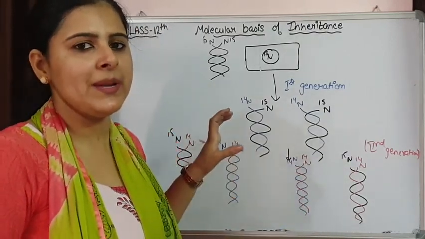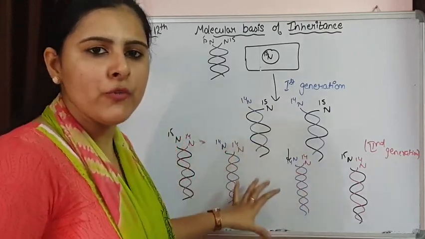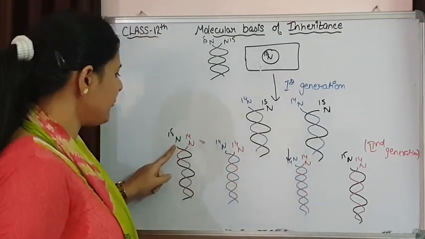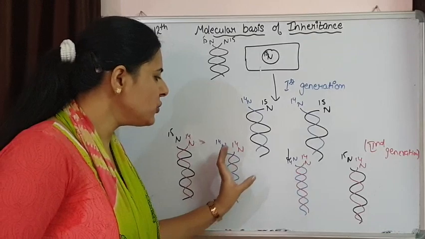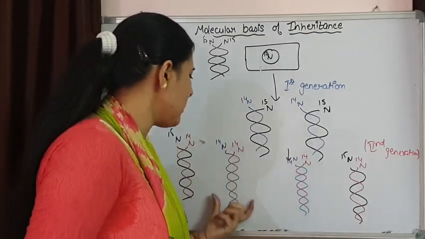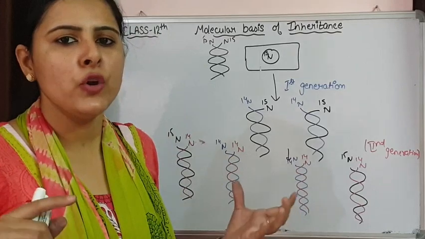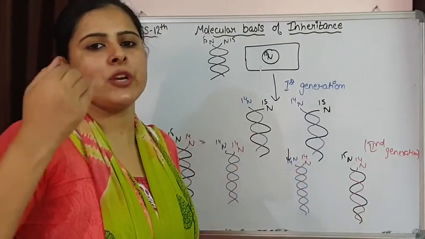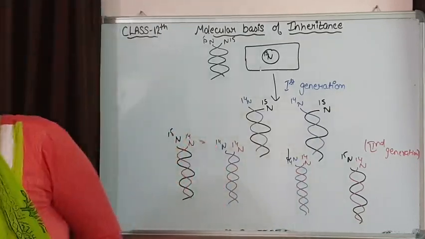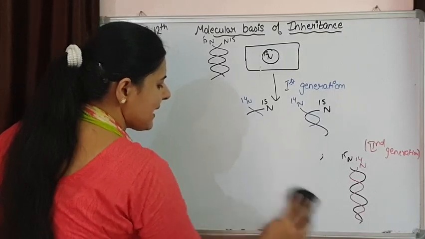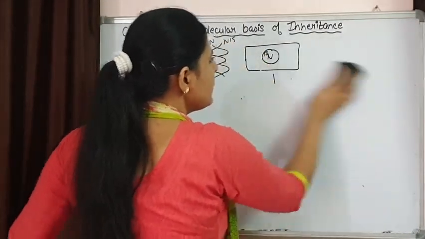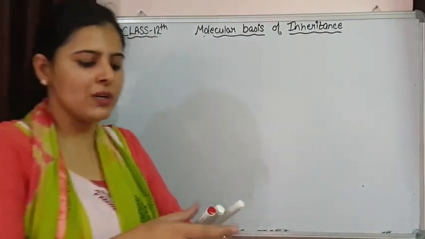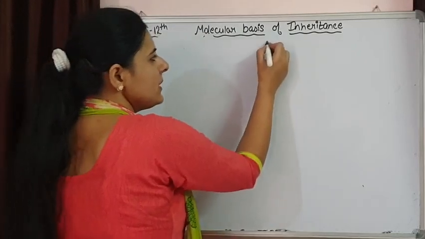This is how they explained the semi-conservative method of replication. Because of the semi-conservative method of replication, this N15 strand always remained, and the new strands that were forming were only incorporating the N14. So one old strand always remains there and one new strand will be added on. Now when these strands are going to separate, what will happen? There will be breakdown of hydrogen bonds. Only if there is breakdown of hydrogen bonds will the separation of the two strands take place.